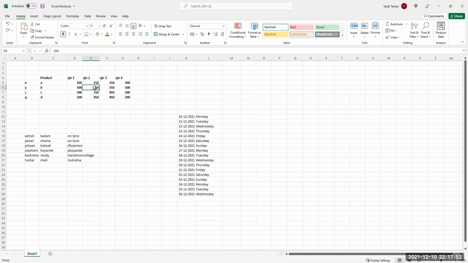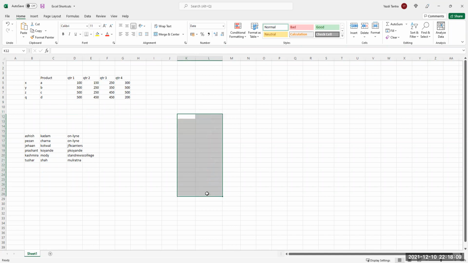Now I'll just select this and unbold this so that we come back to normal. Now, let me just remove all this. There is something called a universal shortcut for formatting anything.